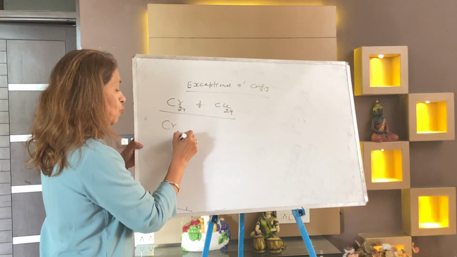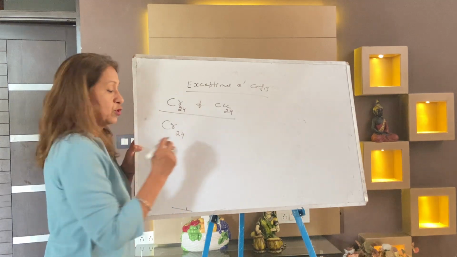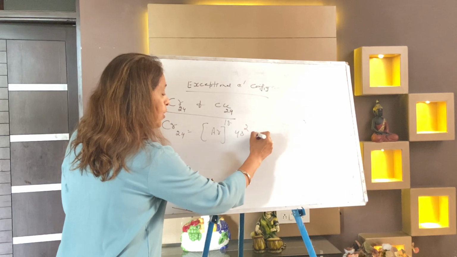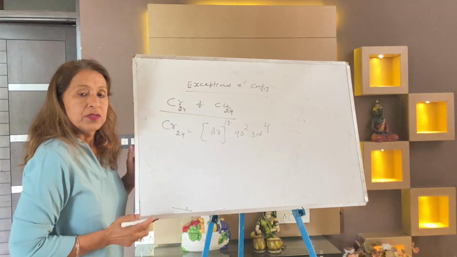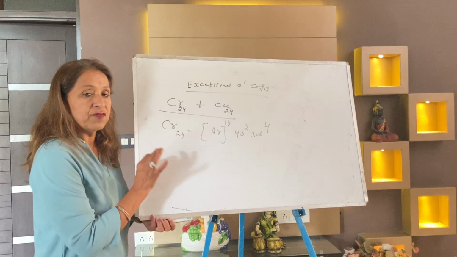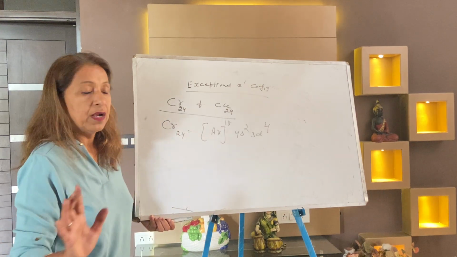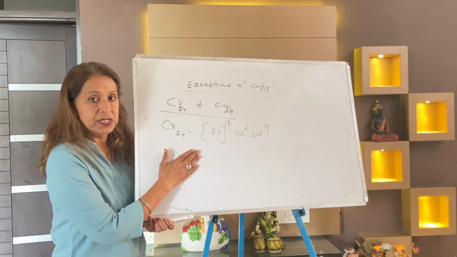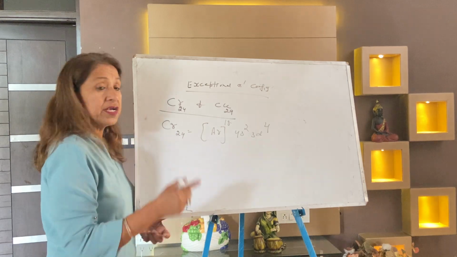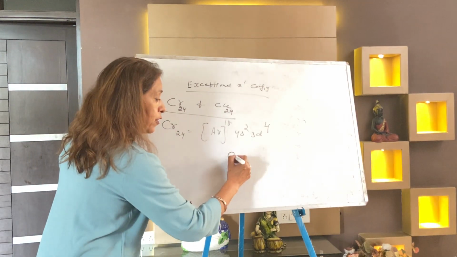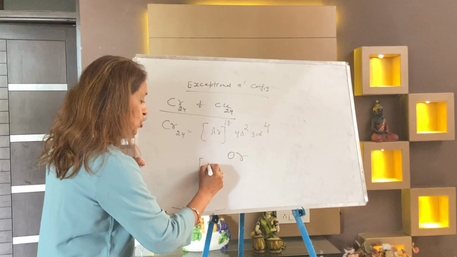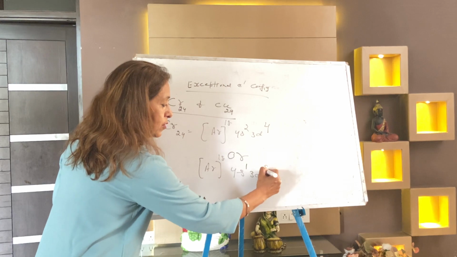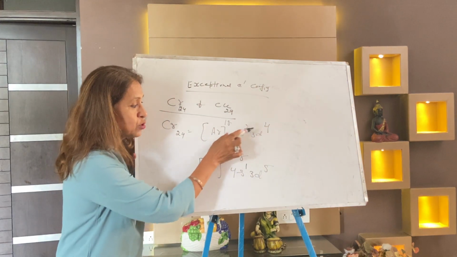Let us start working on it. Write down chromium 24. Two elements have exceptional configuration. Argon 18, 4s2, 3d4. This is the actual way, and this is the way we adopted from the Aufbau principle, and we are not against anyone. This is a true way to write the configuration of chromium 24, but it has been changed. Write down: or. Now it has been changed, one electron is shifted, 4s1 3d5.